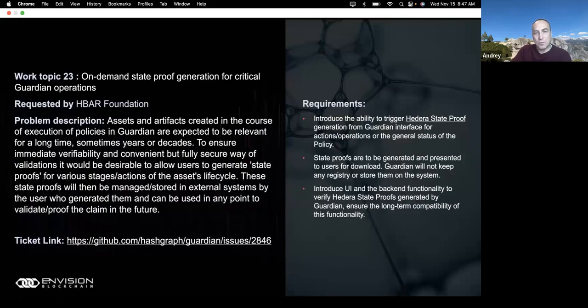It would be good to enable users to create state proofs, and potentially they can store them themselves on premises, or maybe in some escrow services, I don't know, Iron Mountain or somewhere like that, or in multiple locations, which would give them full ownership of the data in Hedera, that it would prove certain actions or asset state, sort of evolution of its life cycle and so on. This ticket would enable users to generate those on demand.